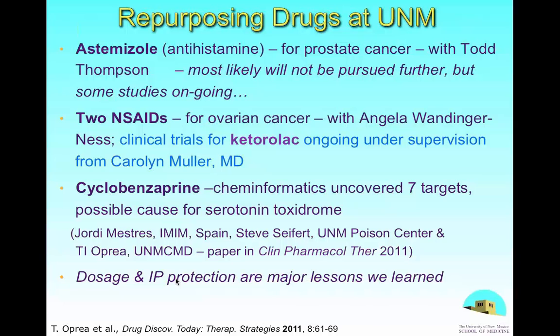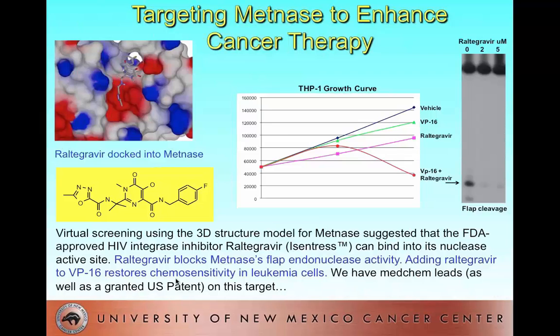Raltegravir, the story there was that we were having a discussion with Rob Cromas, who was at the time working on metnase, and it turns out that metnase has a transposase domain. So what we did was procure raltegravir from China at $800 a milligram, and we essentially had it tested. And then it turns out that when you combine it with etoposide, so etoposide itself has no effect on this